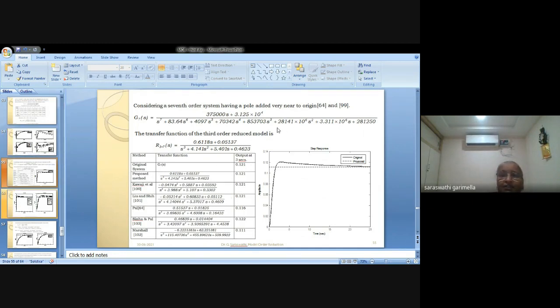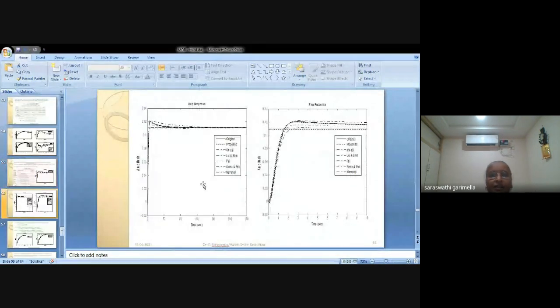So this is another system. There is a transfer function. This is also exactly matching, the reduced order model, third order model. Others they got like this, and the plots are like this. See the flat, they are getting flat. Most of them are getting flat. But in my case, if you see 120 seconds, this is the 10 seconds initial plot. In my case, it is following the same as it is, but in others, it is either going up or down. So that's how it is happening.